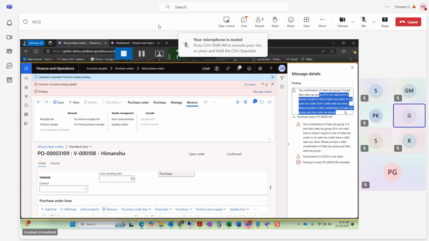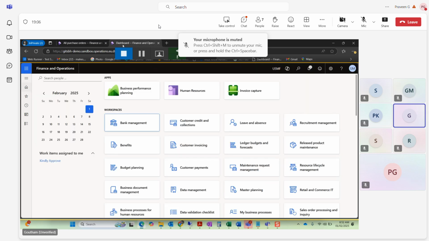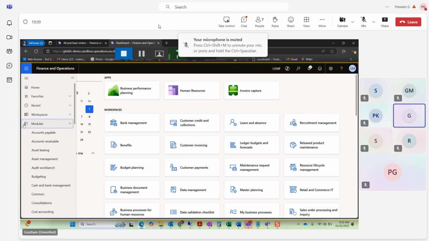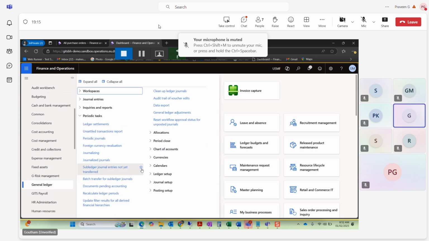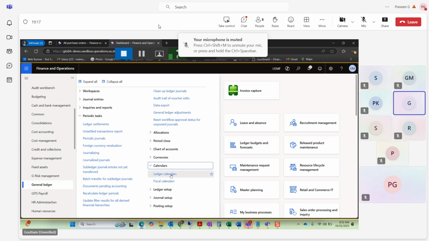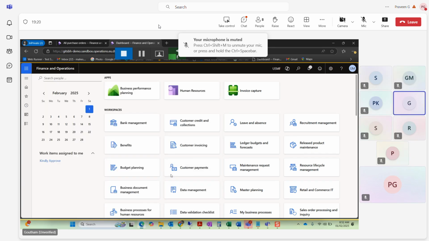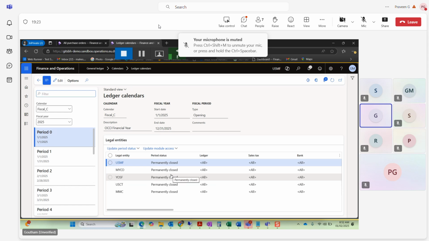The sales tax group SR is not valid, it was stating. And the second error message is saying the fiscal period is not open. Okay, so when I say the fiscal period is not open, in another tab, let me navigate to the general ledger module. Under the general ledger module, under calendars, we have ledger calendar. In ledger calendar, if you see for the 2025 February month, period 02, for USMF, you can see